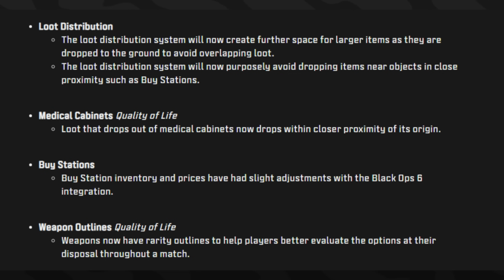to avoid overlapping loot. The loot distribution system will now purposely avoid dropping items near objects in close proximity, such as buy stations. Medical cabinets, loot that drops out of medical cabinets now drops within closer proximity of its origin. Buy station inventory and prices have had slight adjustments with the Black Ops 6 integration. And weapon outlines, they now have rarity outlines to help players better evaluate the options at their disposal throughout a